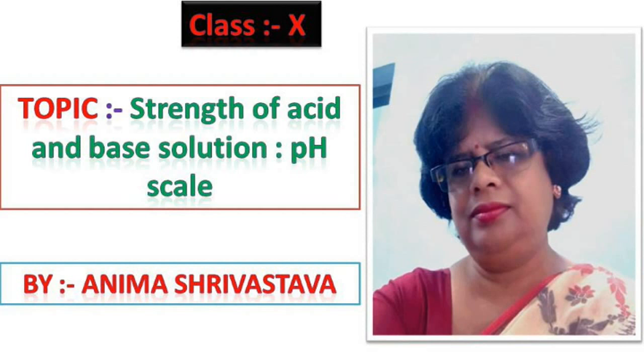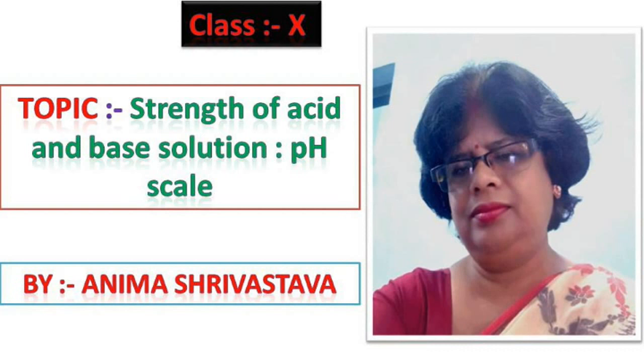And knowing the pH value, we can make out whether the given solution is a strong acid, weak acid, strong base, or a weak base. It means by using the universal indicator, we can determine the pH of the solution, or we can know the strength of the given solutions. Just like litmus, universal indicator can be used either in the form of a solution or in the form of universal indicator paper or pH paper.